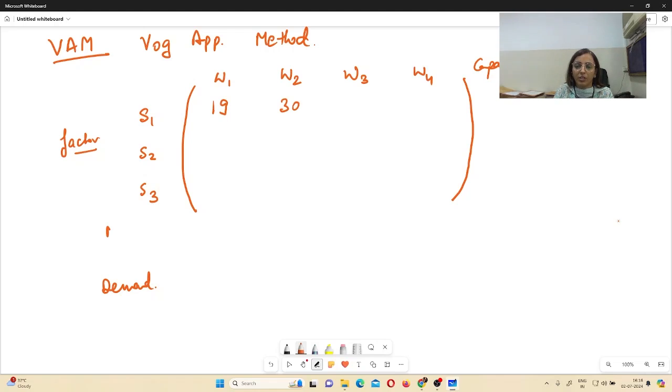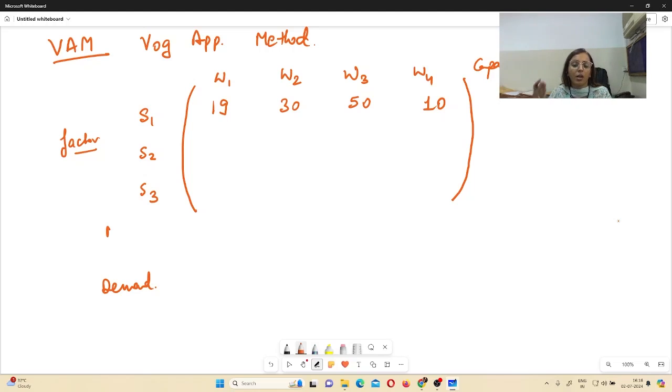And for W4, it is 10. It is 70, then again 30, again 40, and it is 60. And for S3, it is 40, and it is 8, and the last W3 it is 70, and the last one is 20. Right, these are the values, that is the cost matrix which is given in the question